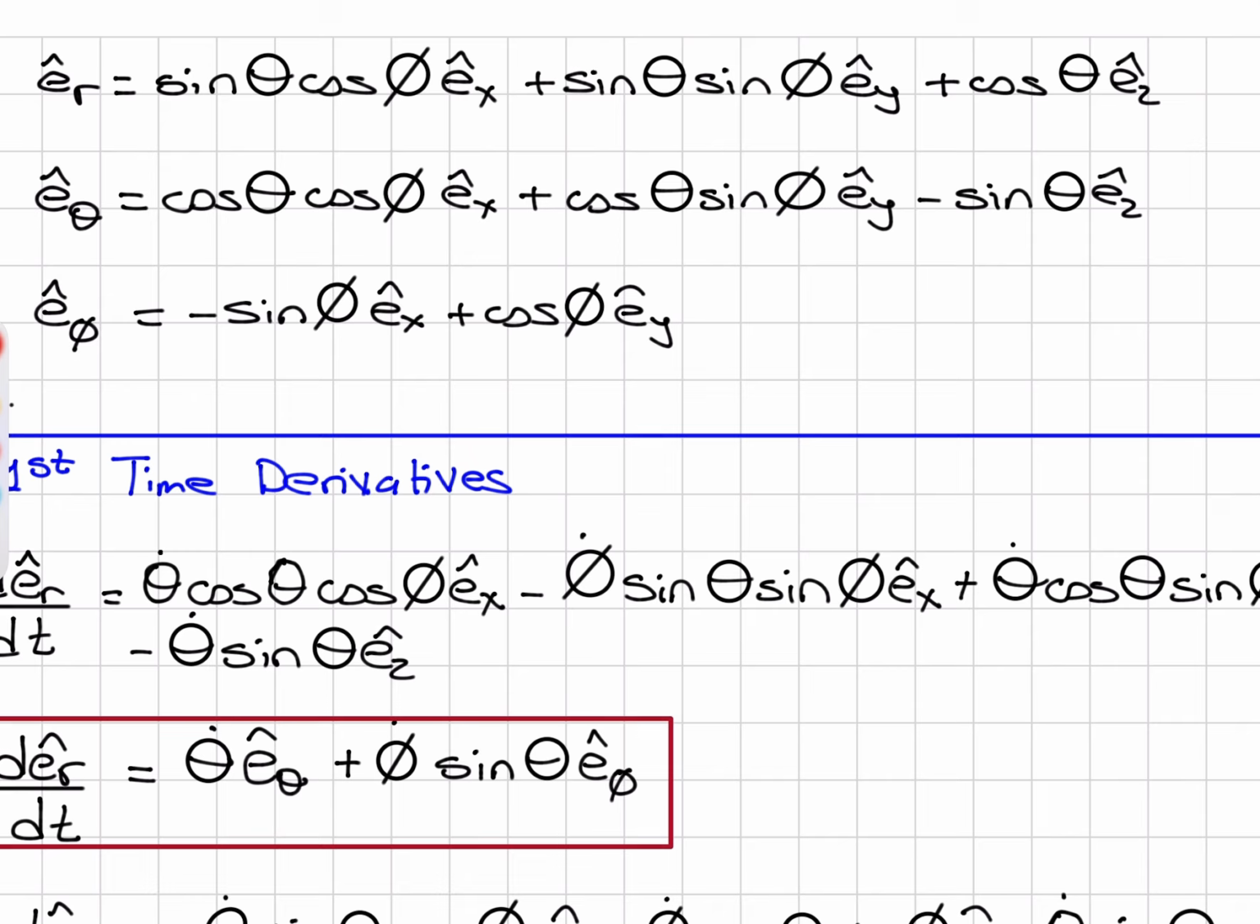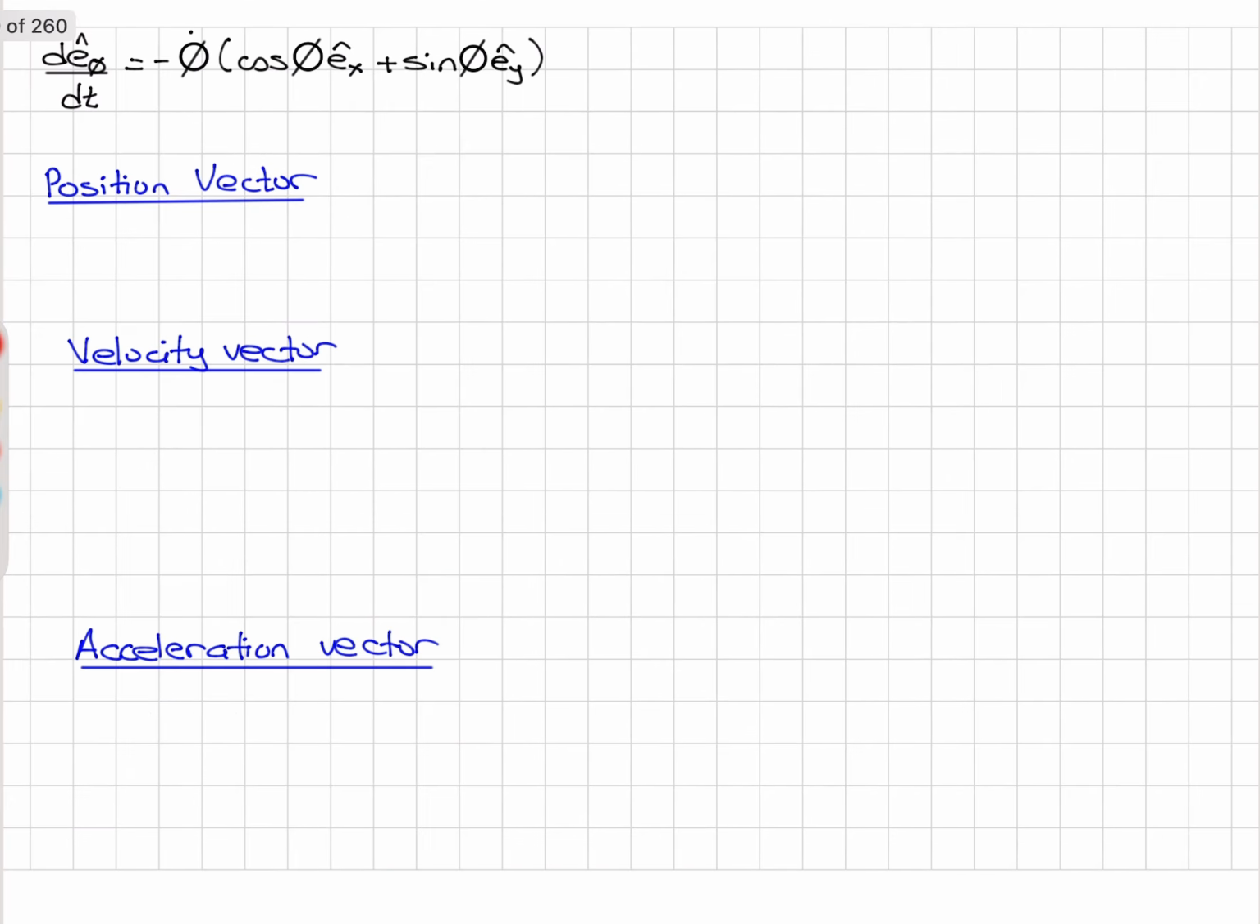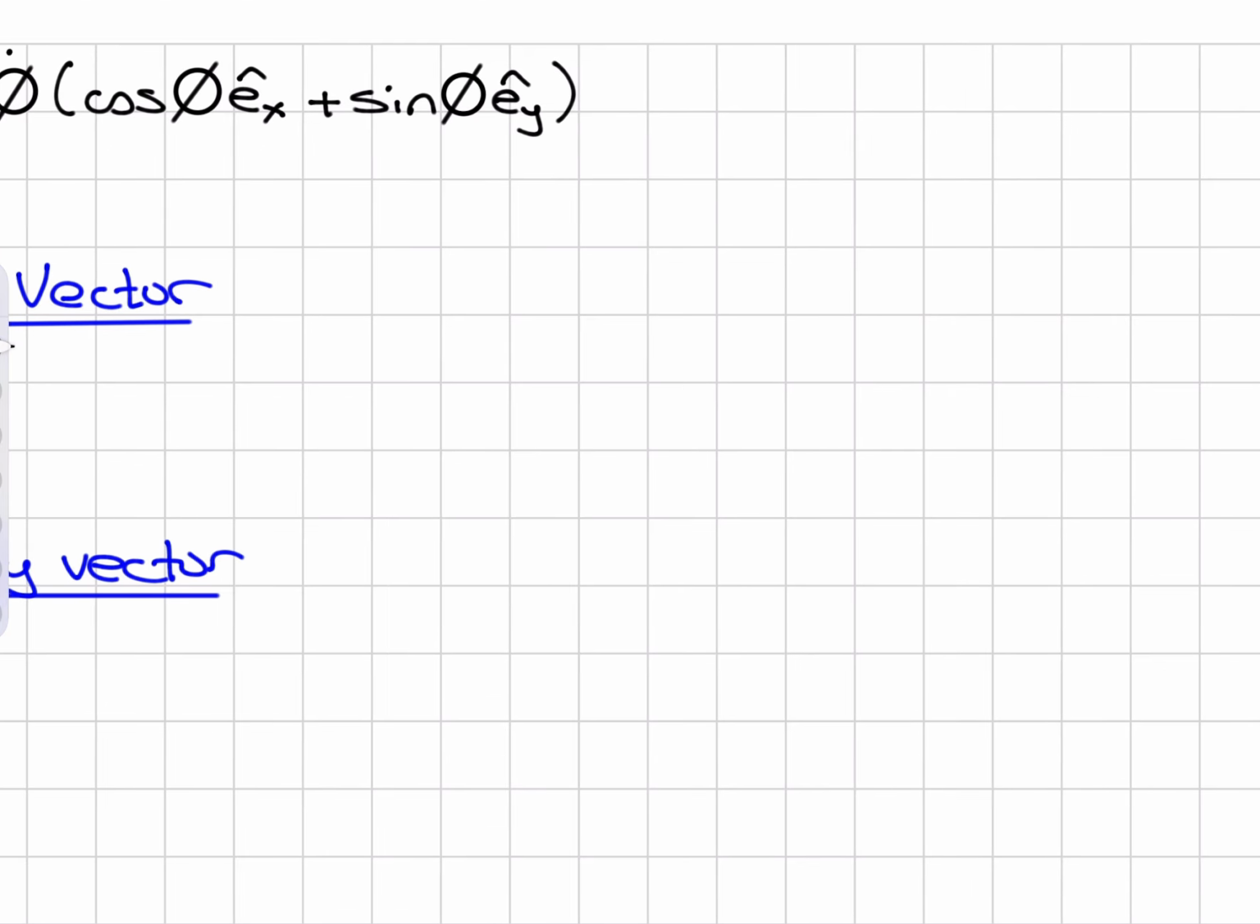So if this is multiplying er hat with sine theta, I'm going to get sine square theta cosine phi ex hat plus sine square theta sine phi ey hat plus sine theta cosine theta ez hat. If I were to multiply e theta hat with cosine theta, then I would get cosine square theta cosine phi ex hat, cosine square theta sine phi ey hat, minus cosine theta sine theta ez hat. When I add them up, these terms would cancel, and I would get cosine phi ex hat and sine phi ey hat. So, recognizing that, I can write this as minus phi